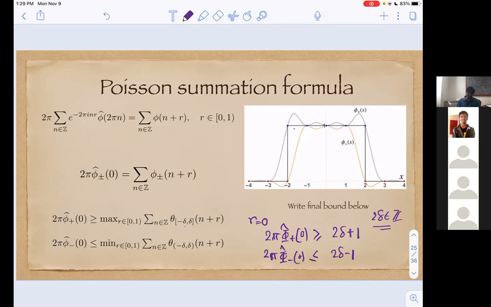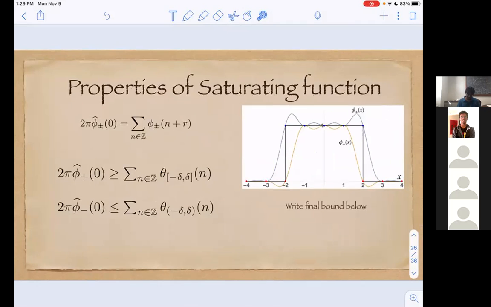So now we have to construct a function which actually saturates this inequality. And it is very clear from this picture how I need to construct the function. This function has to be constructed in a way so that it becomes precisely 1 at the integer points inside, and it is 0 outside, at any integer outside this interval. At any such integer point, this function has to be 0. So let us do this.